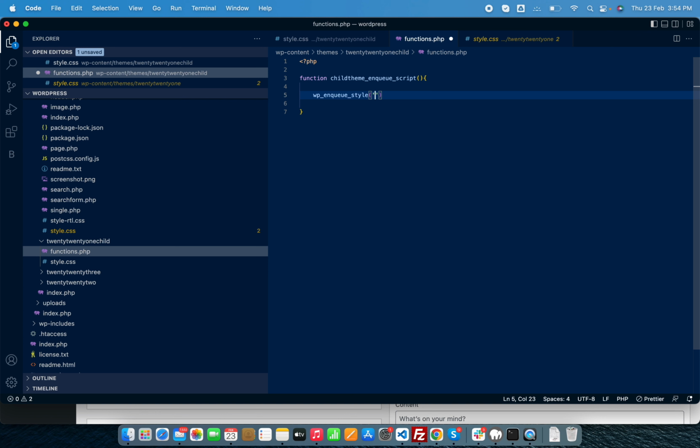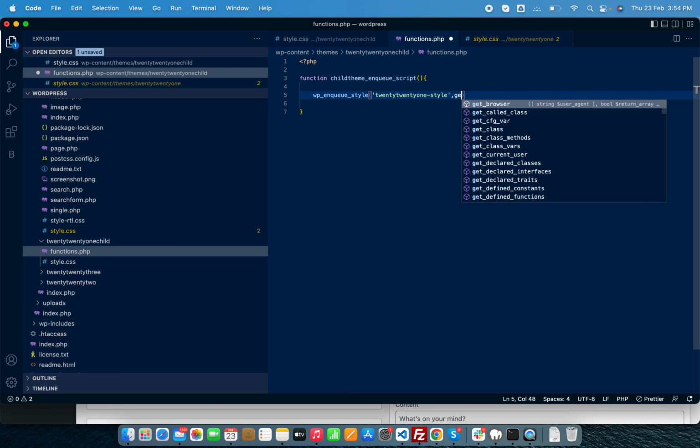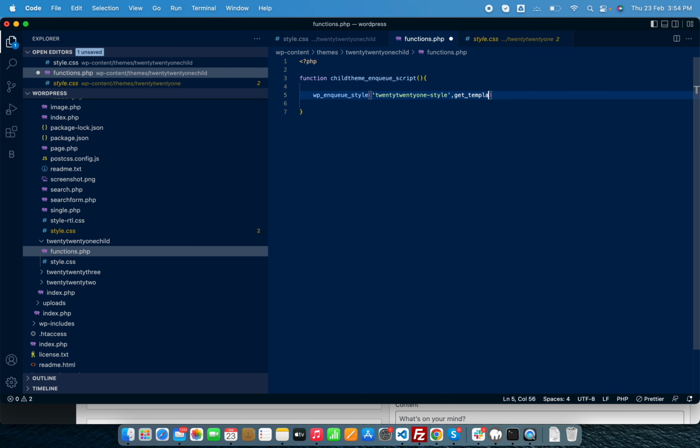The first argument will be the parent theme stylesheet name, that is 2021 style. Now you provide the URL for that. The URL is the get_template_directory_uri function and the file name. The file name is the style.css file. Now you need to add your stylesheet here.